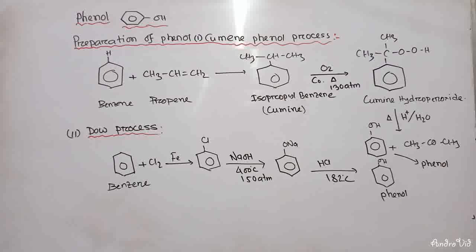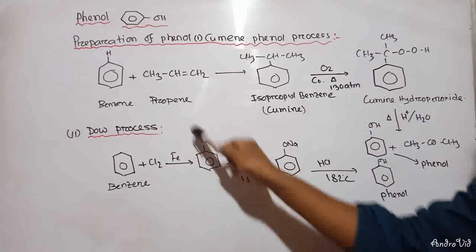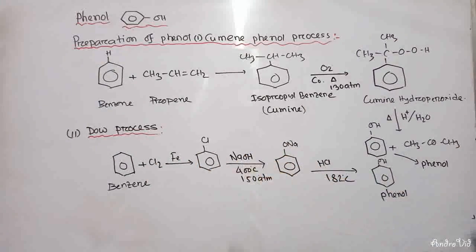Now the Dow process. Okay, this is a very easy and simple process. In this process, benzene is treated with chlorine in presence of dust of iron. In this way, they produce chlorobenzene, and then 10% sodium hydroxide is used in that case at 150 atmosphere and